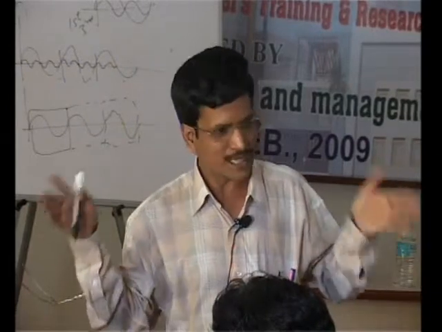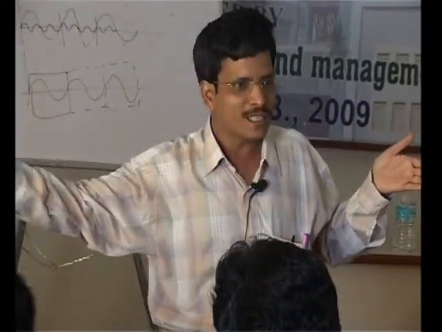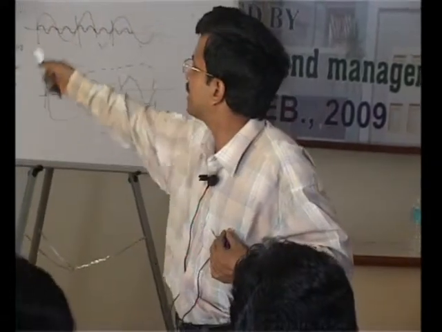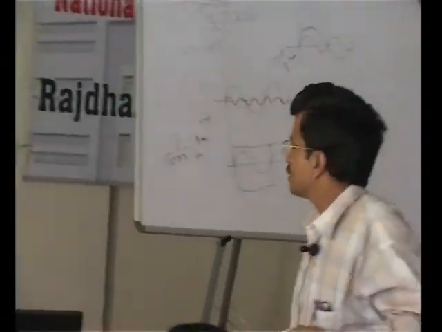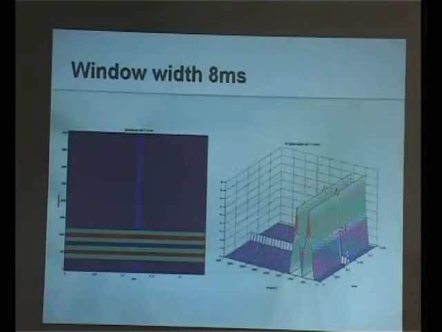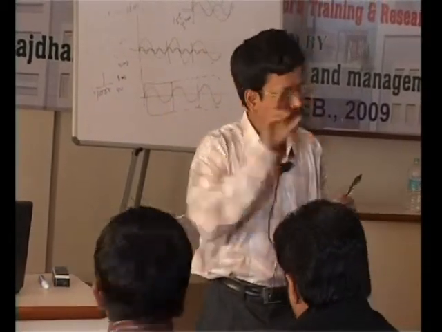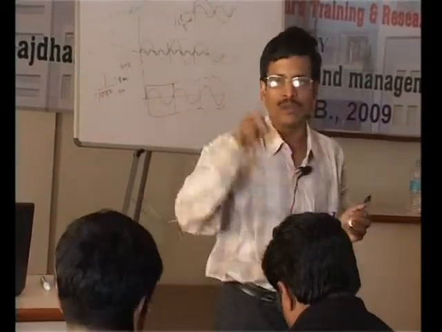So sufficient oversampling is there because the window length you are taking is more than twice of that. Now if I am applying the STFT, there should be a lot of information. In FFT how much information is there? Frequency, magnitude of the frequency. Here what information you will get? Time, frequency, magnitude.